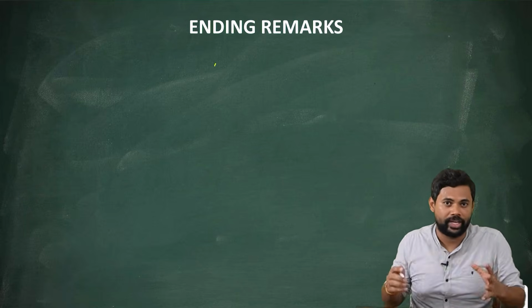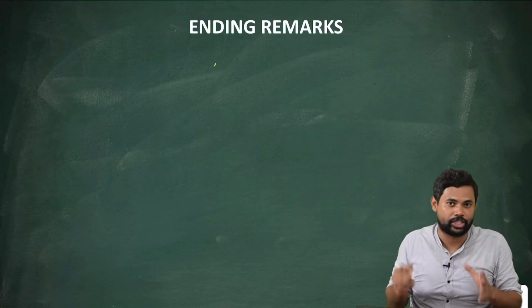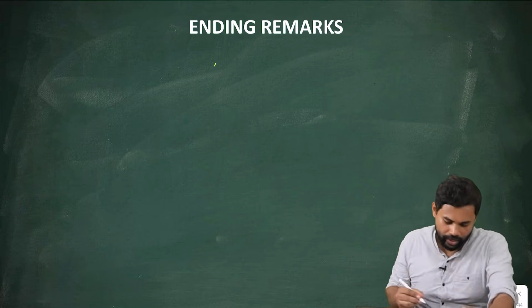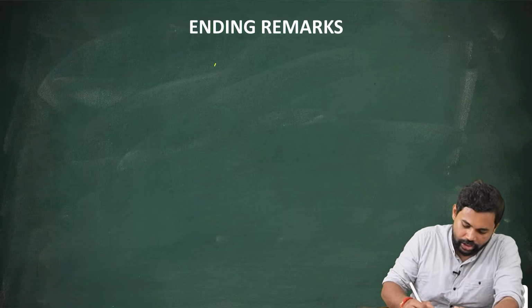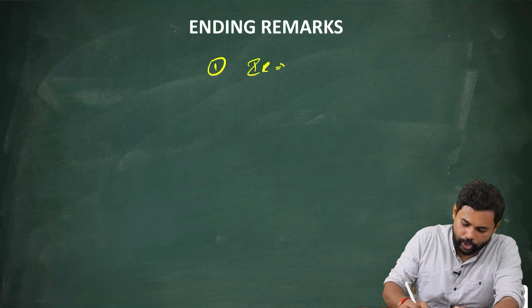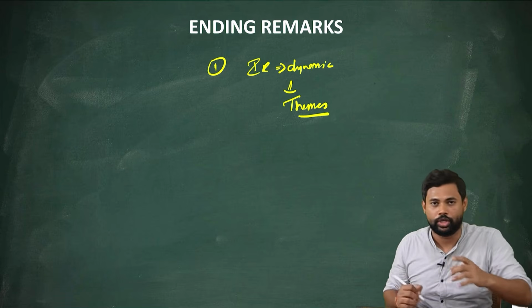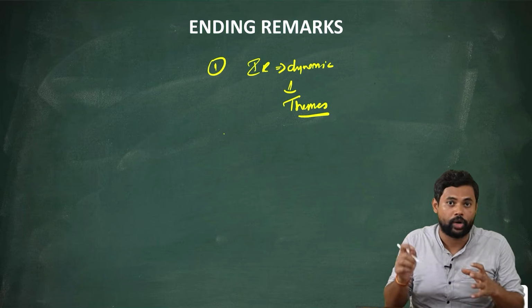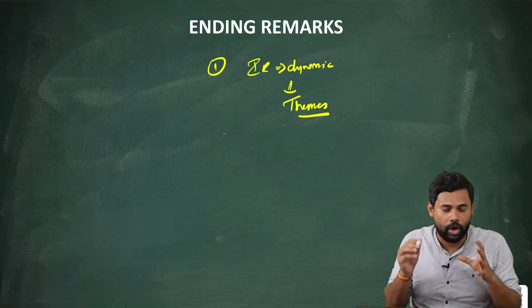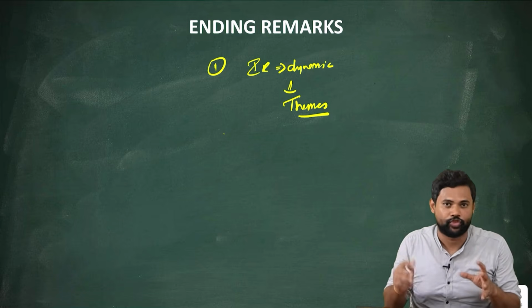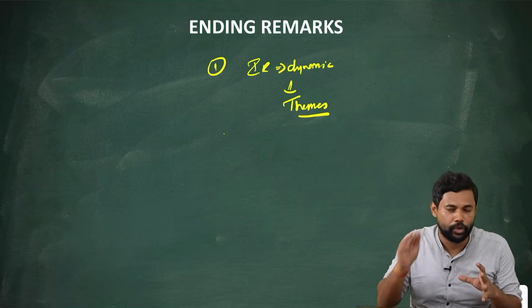Anyways, to just summarize all the skills that we have learned in this section of international relations: one, you learned that international relations is dynamic. Because it is dynamic, how do we track the issues? We will track the issues on the basis of themes. I have already given you the themes, so you will keep tracking the issues that will go around on these themes, and the questions will always be revolving around these themes. If you have prepared answers on that, you can write beautiful answers.